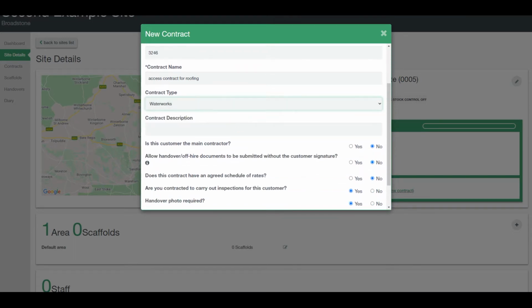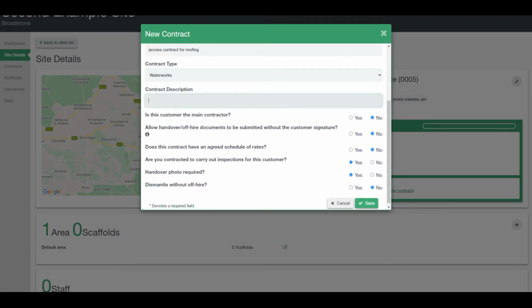You can add options to that list in the configuration. Contract description. Type a description of the contract. This is going to be whatever is pertinent or makes sense to you and your team. So we're just going to put